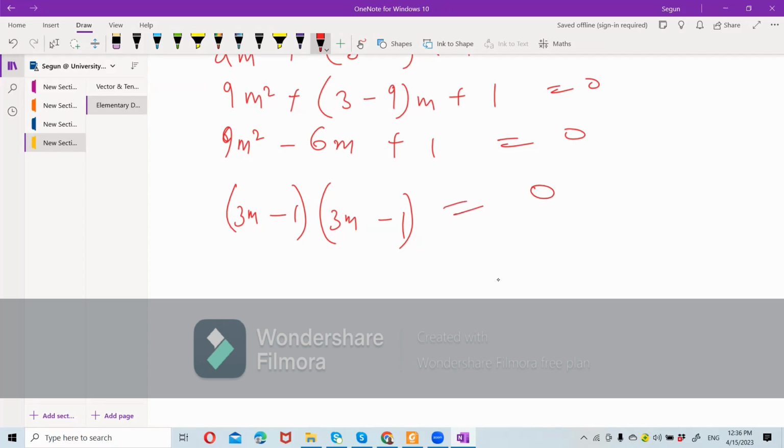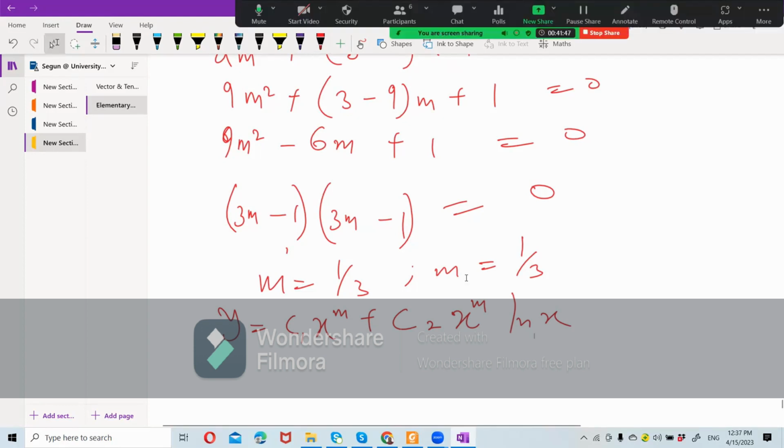Everything equals to 0. So m in this case is what? 1/3, and m in the other case is also 1/3. So you can see repeated real root. They are real because it's positive and it's repeated, is the same value you are getting for both sides. So you have y equals to c1 e raised to the power m